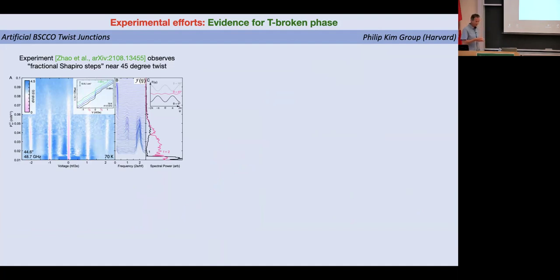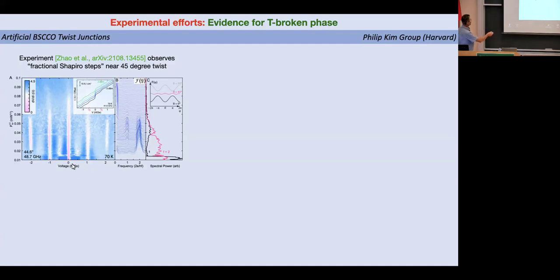And very quickly he came back with this plot. This is something called Shapiro steps. And again, this is a standard way to measure the response of a Josephson junction. But if you never heard of Shapiro steps, then I'm not going to explain it right now. Basically, you see these bands as a function of voltage that you apply to your Josephson junction, and they are scaled in terms of frequency that you feed into the junction, microwave frequency. And they are in units of h bar over 2e, where e is the charge of the electron.